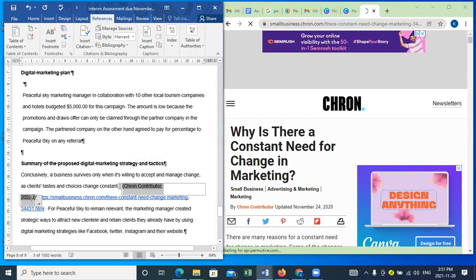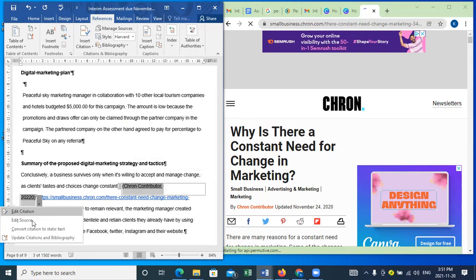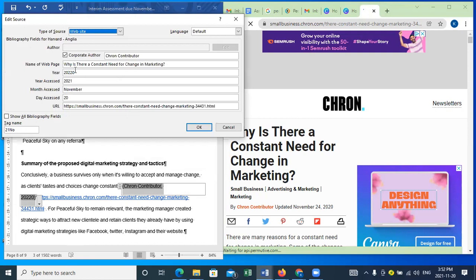If you notice, I think I made a mistake. It's showing as 20,220. That is wrong. So I go back again. I change it. So that is why it's good you use